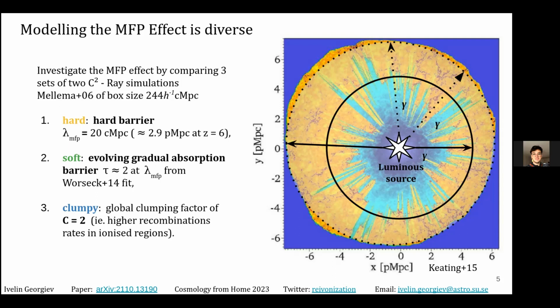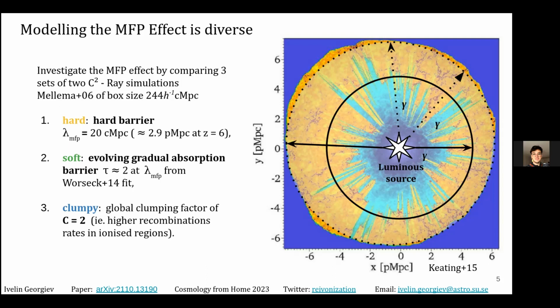So in the context of the simulations that I've been using, the C2-Ray simulations with a slightly smaller box, I introduce 3 of many models as a highlight for you to understand, and I've given them catchy names with the hope that you will remember them. So for example, the first case, seen in yellow, and all of those models that I'll show will be in yellow hues, have a hard barrier. So you can see the dotted line on our little picture to the right.